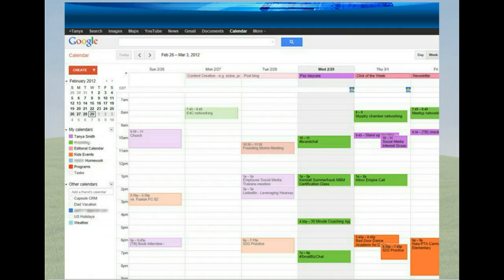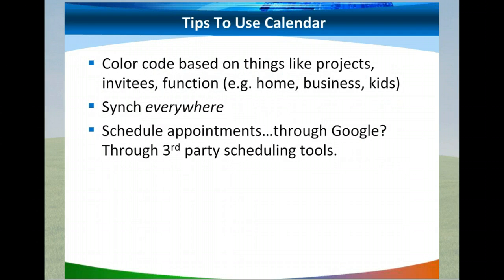Now, one of the things that I think is very awesome here with the Google Calendar is that you're able to sync it to a number of different types of products. So it integrates with other applications. So as you see here, sync everywhere, I really do. I sync it to my smartphone. I sync it to my tablet so that I only have to make an entry once, and then I can see full view, color code and everything, everywhere else I might have the Google Calendar app.